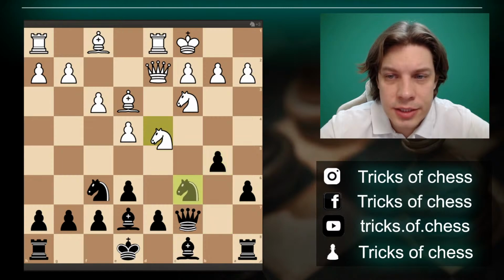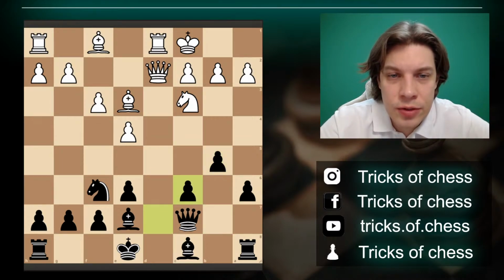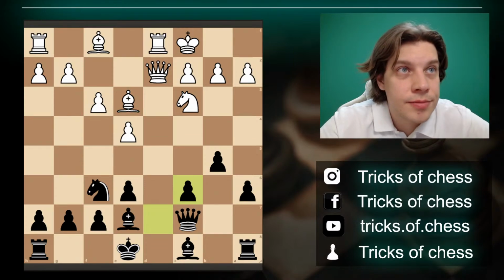So here knight c6, d takes c6, and then you're gonna play e5. Because c6 is now covering d5, and it's okay to play e5 because you not only release the bishop but also restrict this bishop. For example,